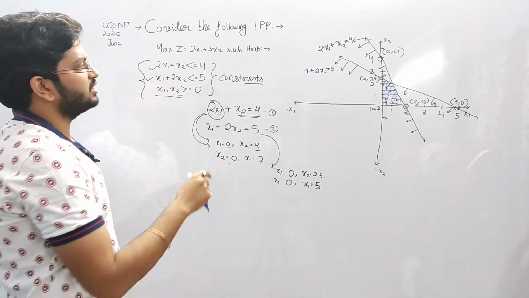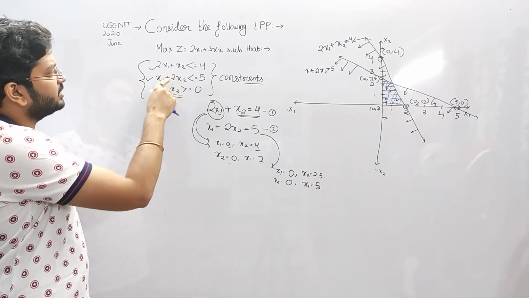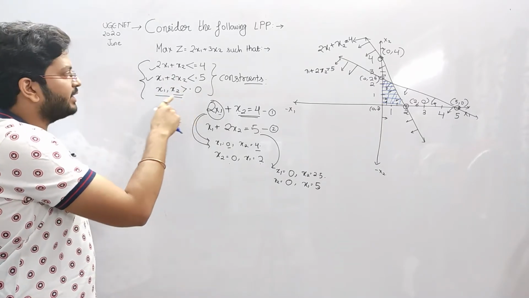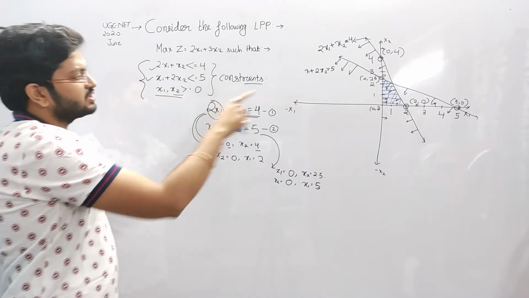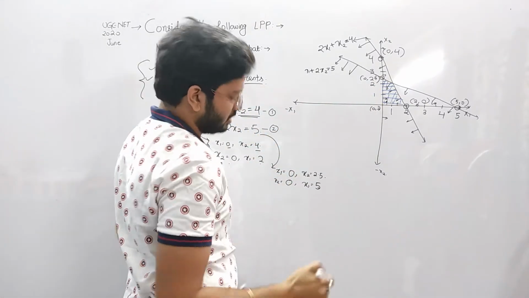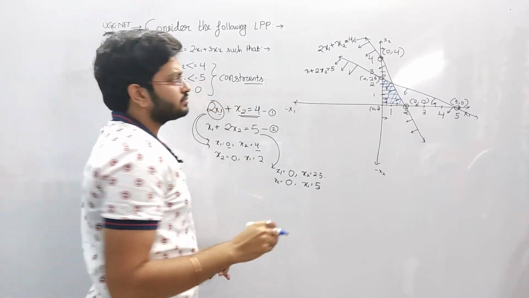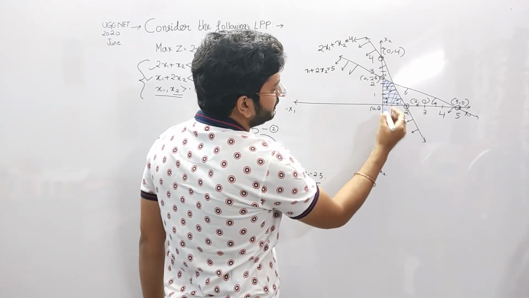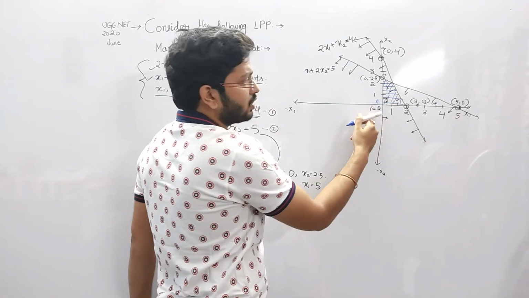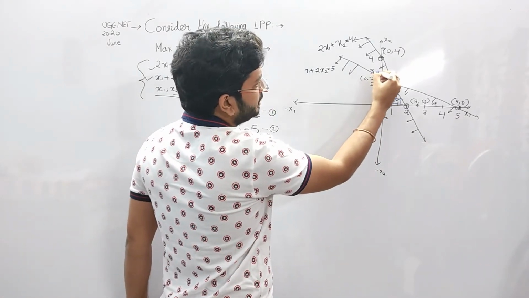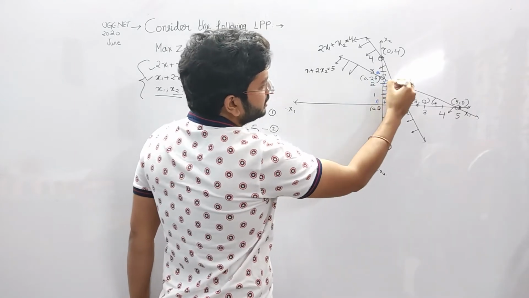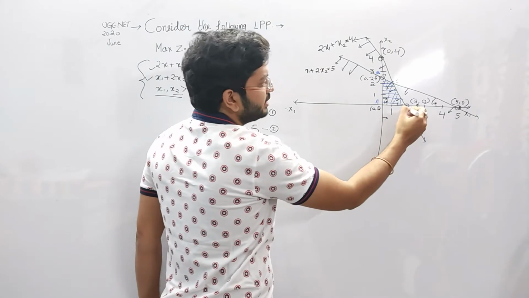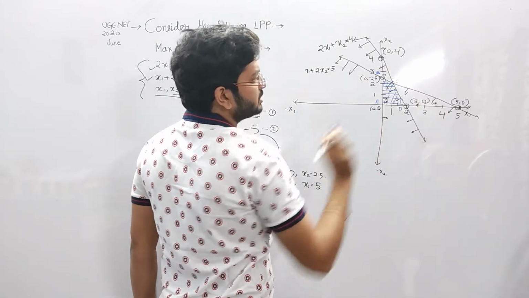You can simply see this is the region bounded by all the 4 constraints, this constraint, this, and x1 greater than equal to 0 and x2 greater than equal to 0. Now we simply mark the coordinates of this region. Let me name it: this is point A, which is 0, 0. This point is point B, which is 0, 2.5. This is point C. We don't have the coordinates here, and this is point D. The coordinates are 2, 0.